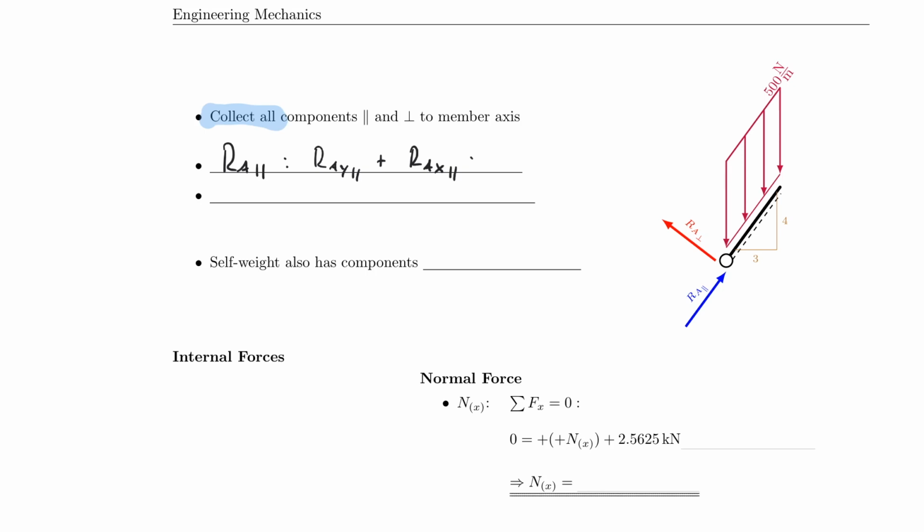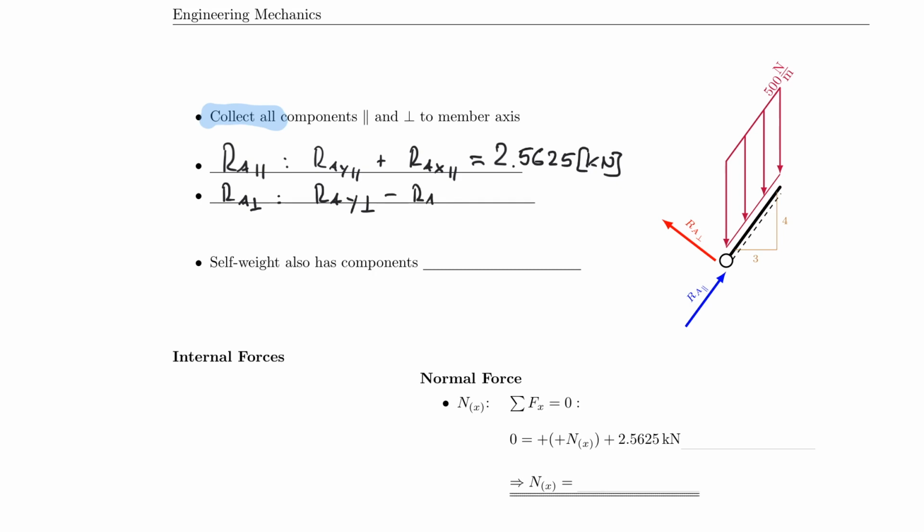And if you run the numbers for that, you will end up with 2.5625 kilonewton. Similar for RA perpendicular, except that now they're actually subtractive. So I have RAy perpendicular